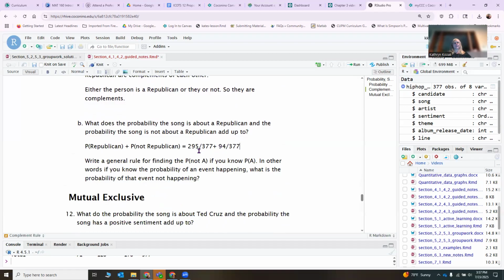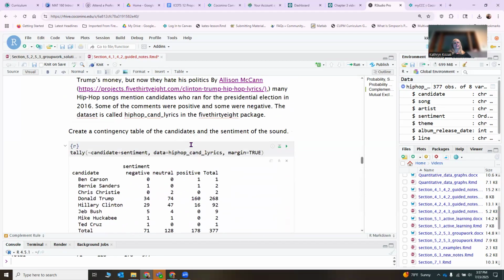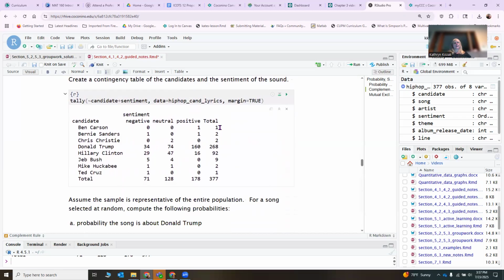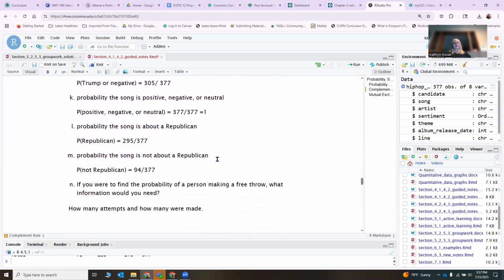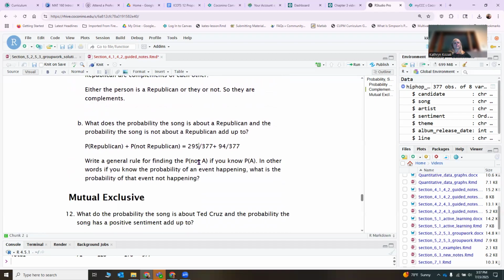I must have added something wrong because that's not going to add up right. I hate when I do that. So Hillary Clinton was 92 and Bernie Sanders is 2. So that's definitely 94. So I think I added the other one wrong slightly. This must be 96. So 296. And when I add those two together, 4 plus 6 is 10. 9 plus 9 is, so it must be